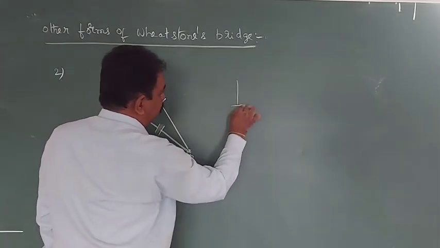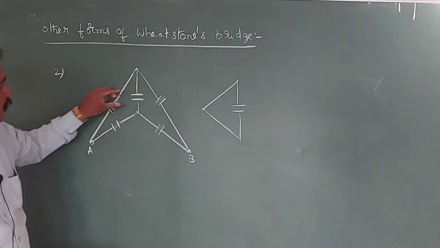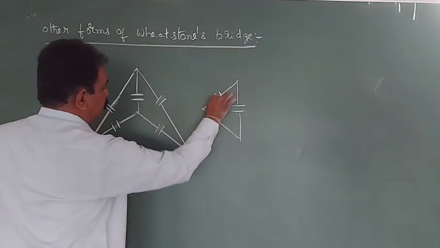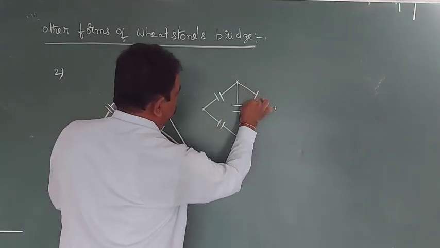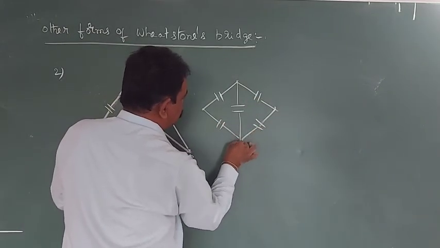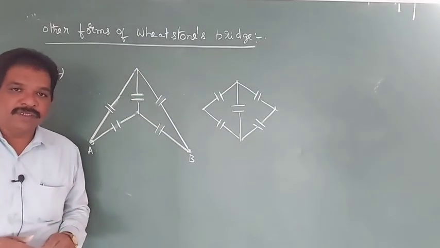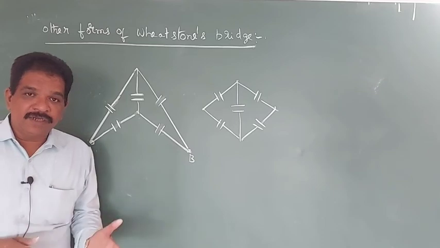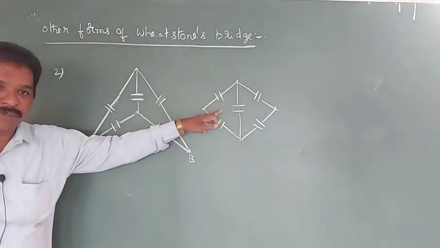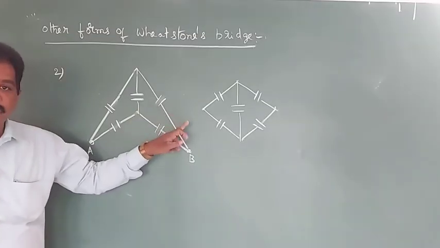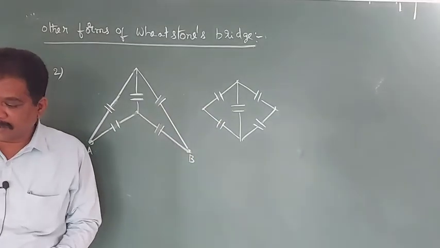Then how will the circuit be? Like this it will be. This one I brought to here, then this place, this one, and here like this it will appear. So this is nothing but a Wheatstone bridge circuit only. So what you have to understand, the circuit need not always be in this format to identify that it is a Wheatstone bridge circuit. Okay, that is common sense, easily we can identify.